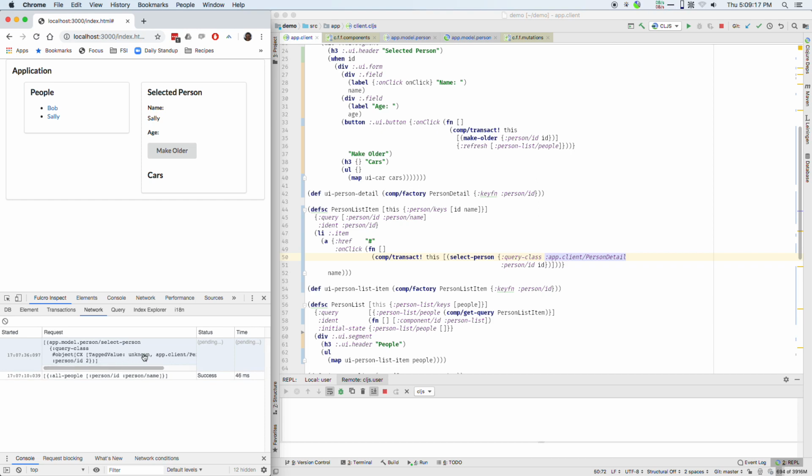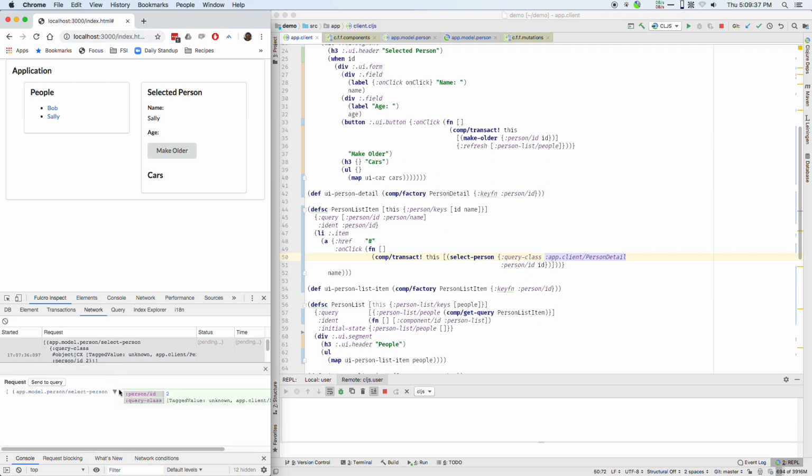It shows it as unknown here because of the way the application has to talk to a Chrome extension. It can't actually encode the stuff quite right. So when you see these tagged values unknown, it's just an artifact of how Inspect works. So you see it tried to send that query class across the network. That was okay. And then it returned,